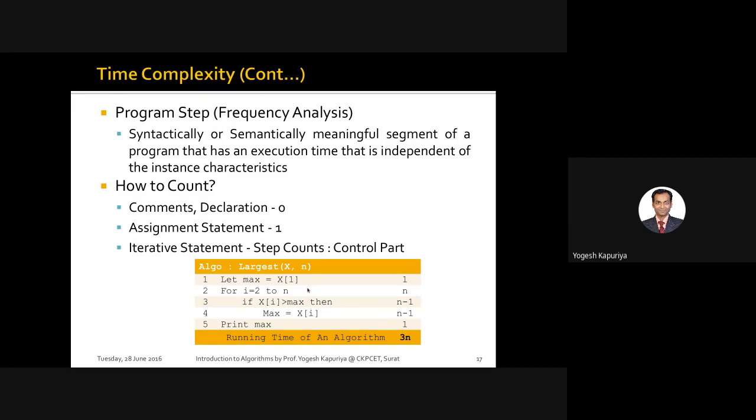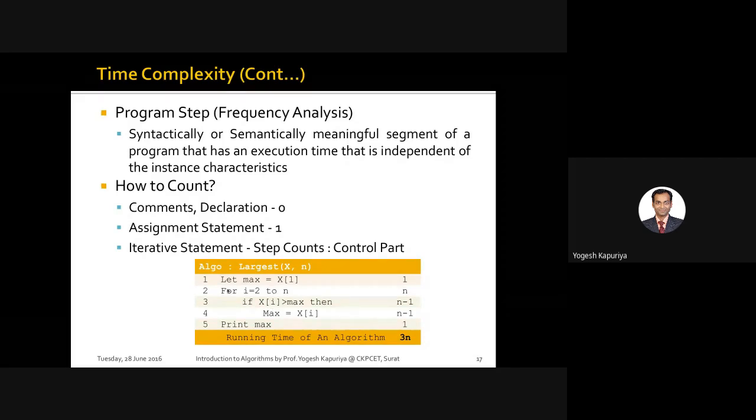In order to understand why this is n, you need to take a very simple example. Take some value of n, let's say 5. So your value of n is 5, right? Let us start with I equal to 2. So you are executing this first time, I equal to 2 to n, that means I is less than n, so this will be executed.